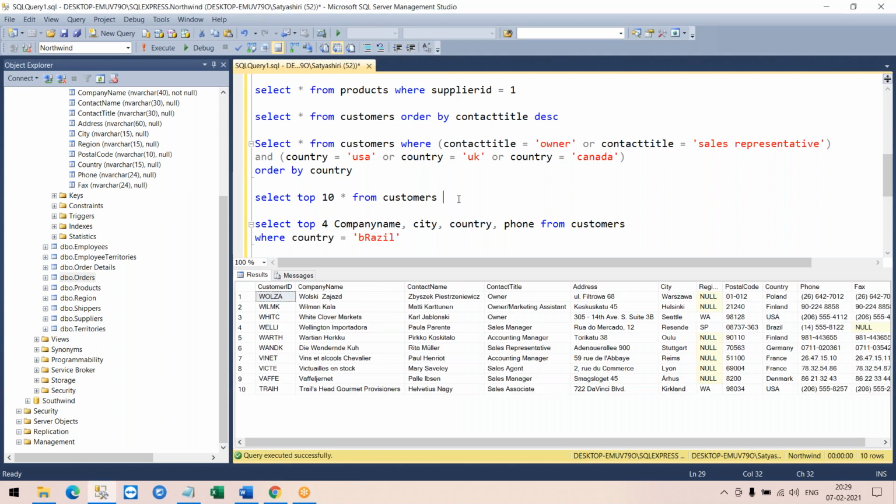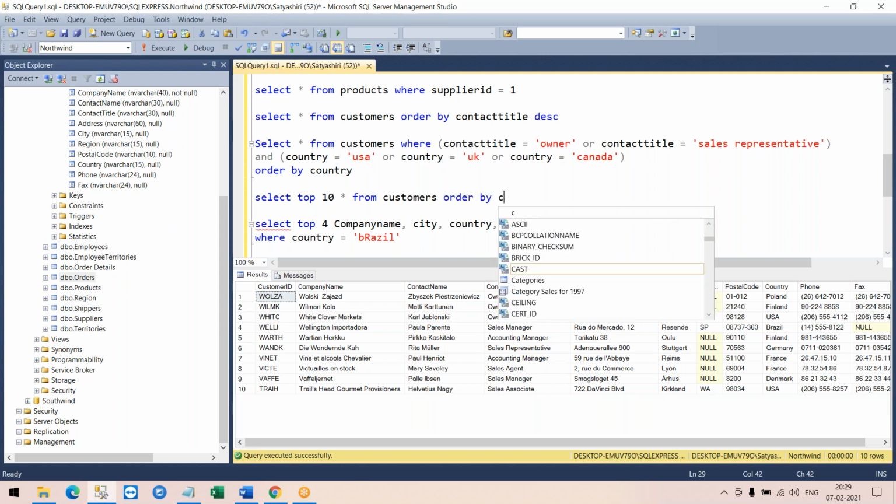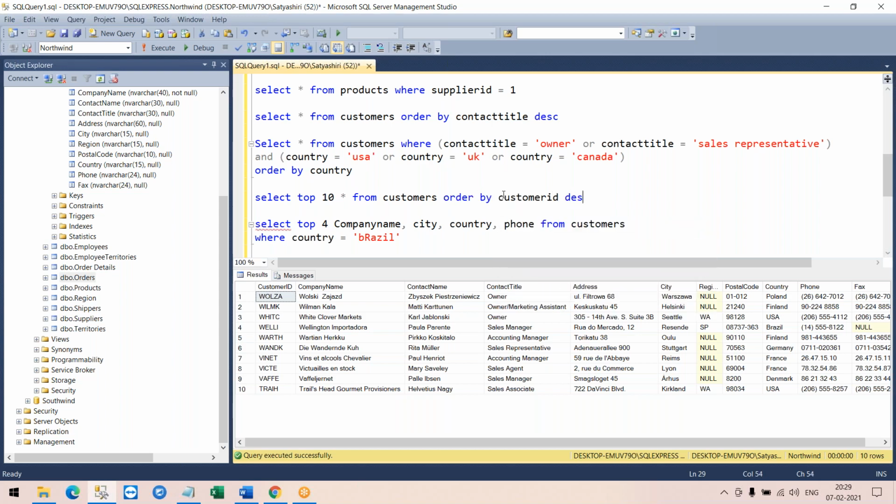From the bottom, right? You can just do an order by. Just give customer ID and say descending order and execute. So you will get the bottom ones.